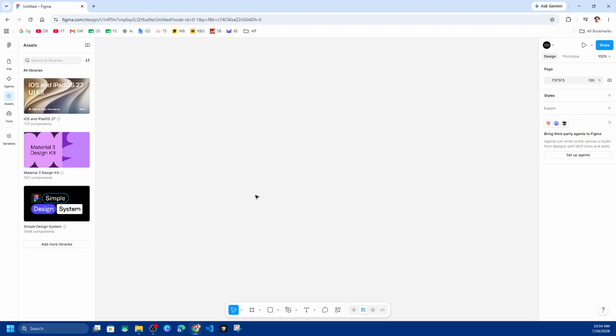Now, next step is to install a plugin. So we need to install a plugin for this to work. So on your keyboard, click on Shift and I, or simply click into Resources. And now we need to search for the plugin. So we need to search for this